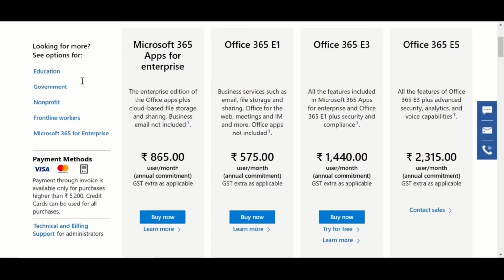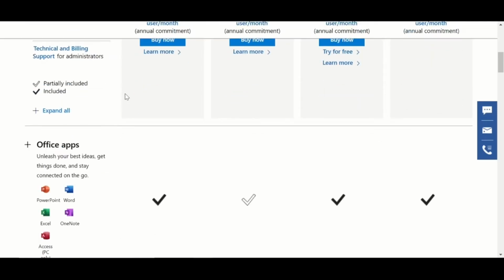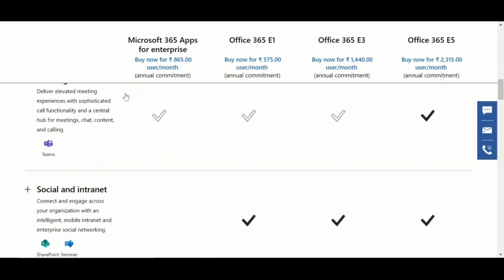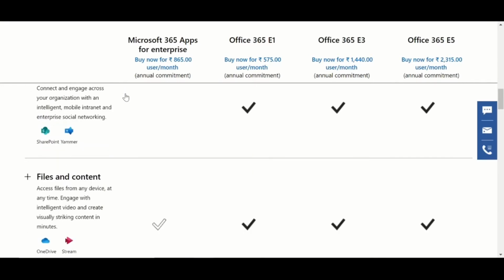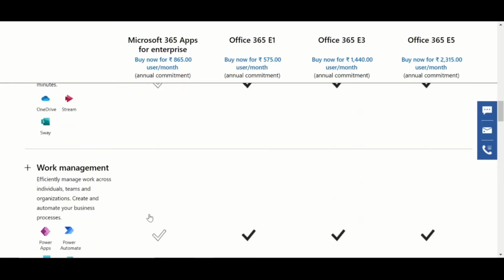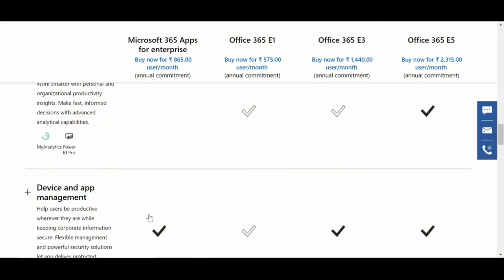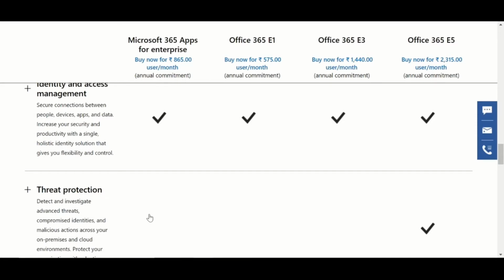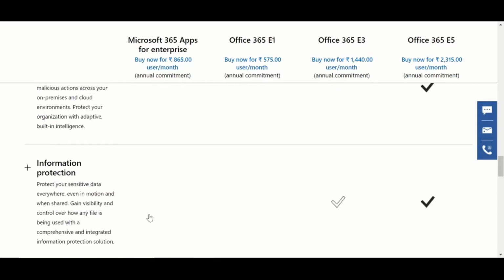For most users, their company or school has purchased one of these plans, and we can have a look at each plan's differences. The features are Office apps, email and calendar, meetings and voice, social and intranet, files and content. You can see the partially and fully available features: work management, advanced analytics, device and app management, identity and access management, threat protection, information protection, and advanced compliance,